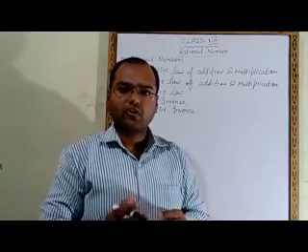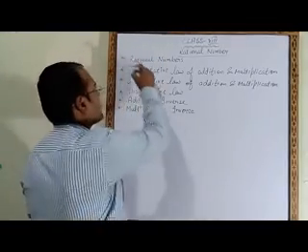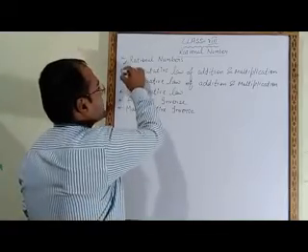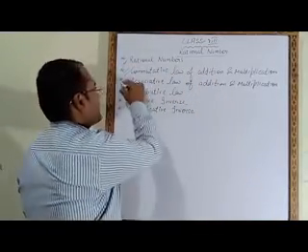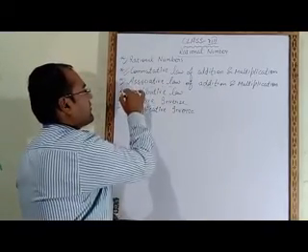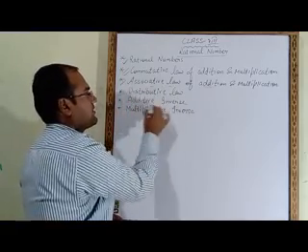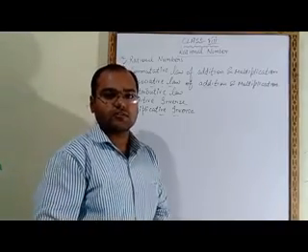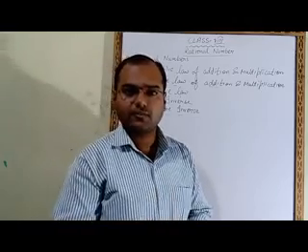Now we will start a new topic today. In this video you will learn what rational numbers are. Second, what the commutative law of addition and multiplication is. Third, the associative law of addition. Fourth, the distributive law. Fifth, additive inverse, and the sixth one is multiplicative inverse. So let's begin with rational numbers first.